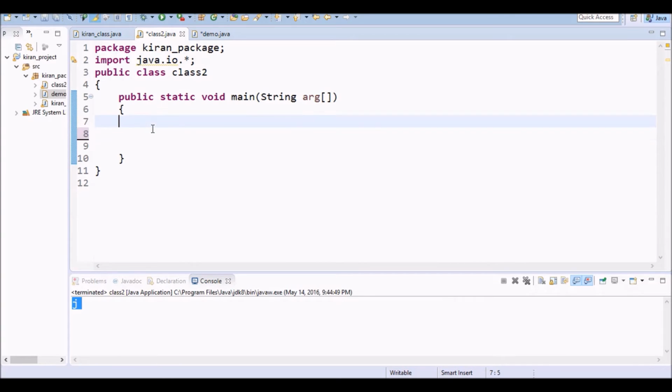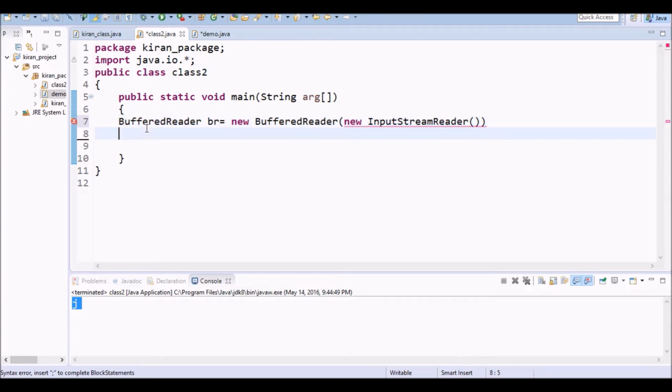Okay, now what we will do: BufferedReader. We are creating an object for it, br is equal to new BufferedReader. Now we are connecting InputStreamReader with System.in.